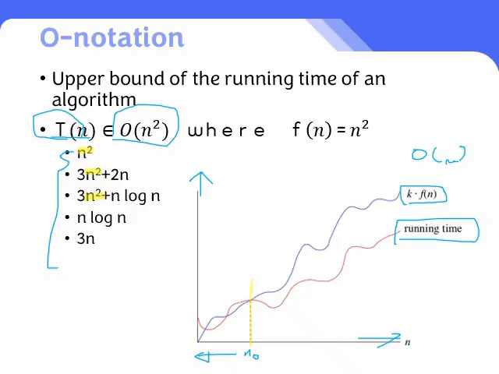So the promise was kept well, but there are some odd ones mixed in here. For example, 3n or n log n. These are faster than n squared. So these are the kinds of functions I'm talking about. These are faster than n squared, so why are they listed under n squared?